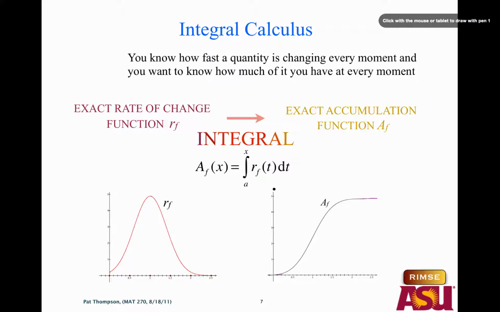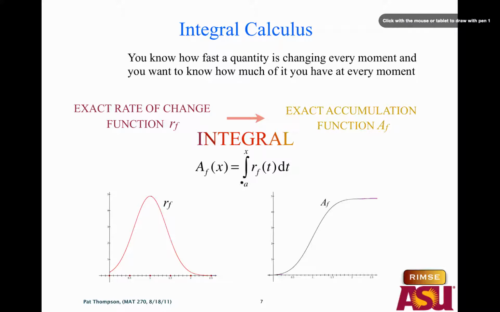And we see the principles that we talked about in that long journey from exact rate to exact accumulation. We see all those principles embodied here. We have the exact rate function times a little change in our independent variable. So all of that then is a little bit of accumulation, or a little dy, because that's essentially m dx. And what are we going to do? We're going to sum up all of those dy's, the little accumulated amounts, each of which was calculated by m times the change in the independent quantity. So m dx plus m dx plus m dx, but a zillion of those